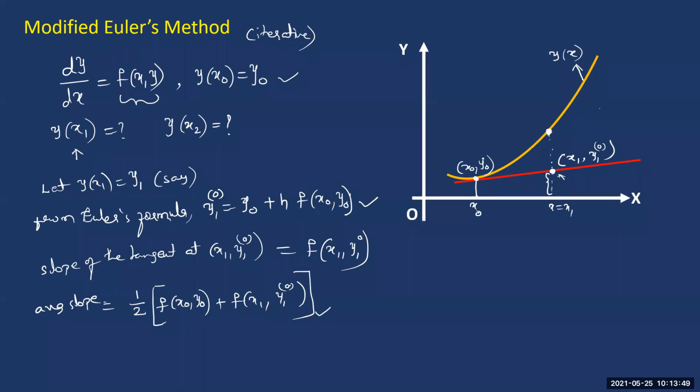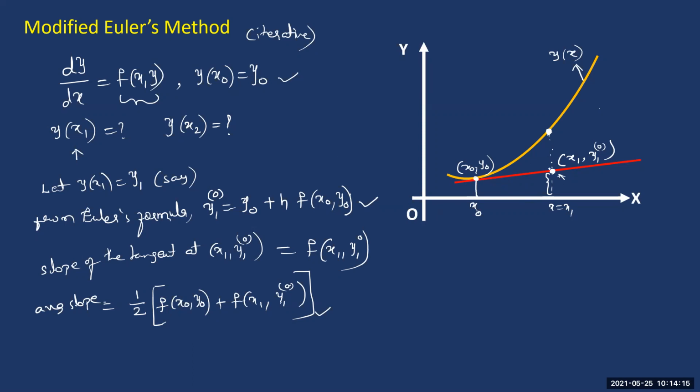Earlier, we have drawn a tangent at x0, y0, but that was with only the actual slope, which is f of x0, y0, of course. With this slope, we drew a tangent earlier in Euler's method. We are now just upgrading and refining it. Now I'm taking the average of these two slopes, and with this slope, I'm trying to take a tangent at the same point x0, y0.